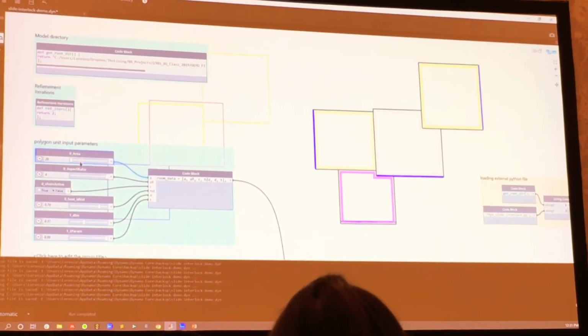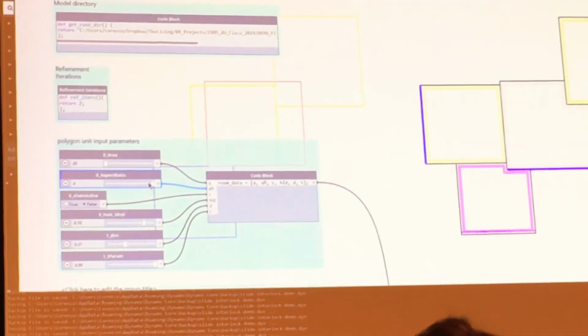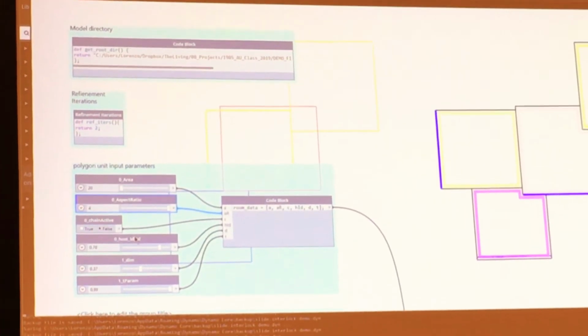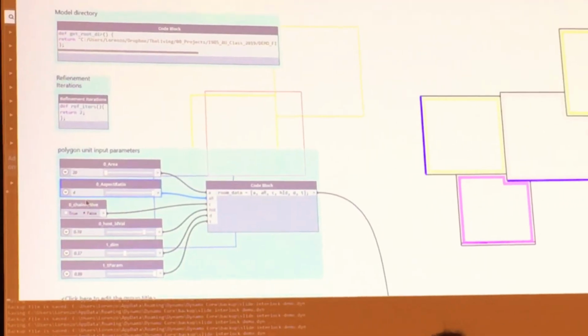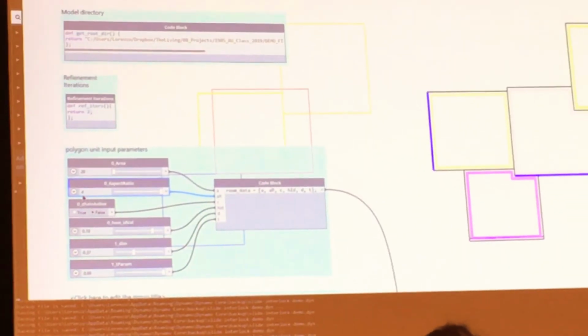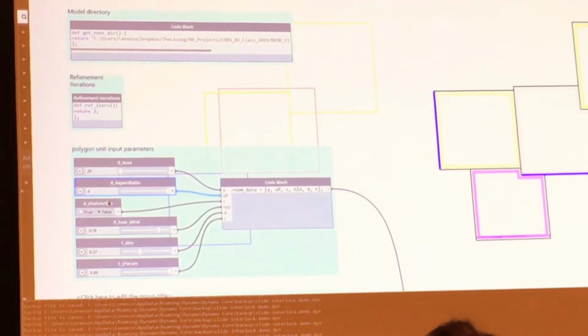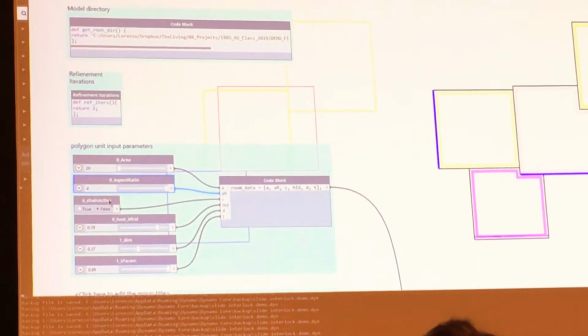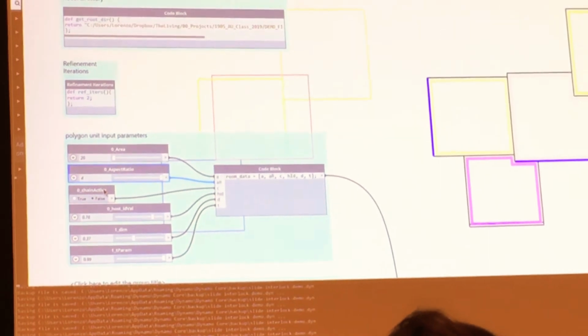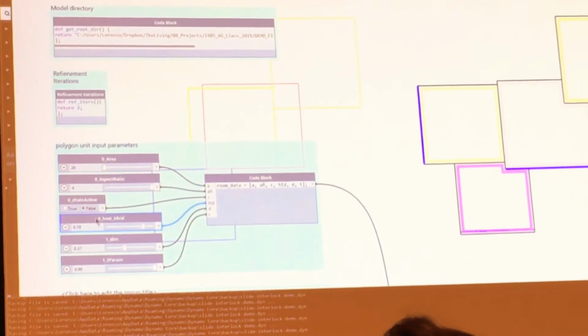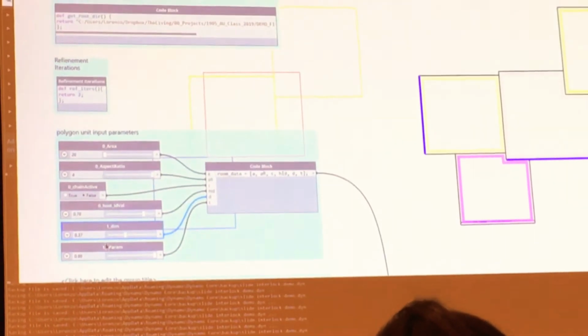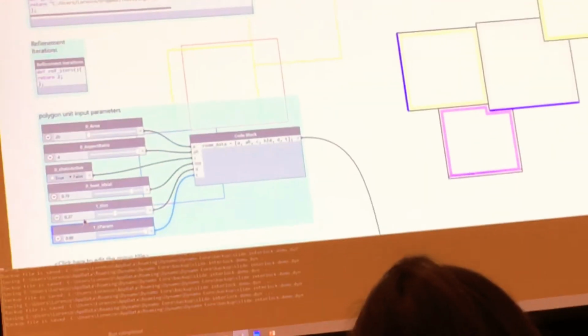We have the constants, area, and aspect ratio for each different room. And then we have this chain boolean, so this categorical input, whether it's 0, 1, or true or false, tells the computer whether or not a certain region can be chained to the previous one, or uses this parameter to find the host region. And then we have the dimension on one side, and then the location of the region on the host geometry. And let me turn on